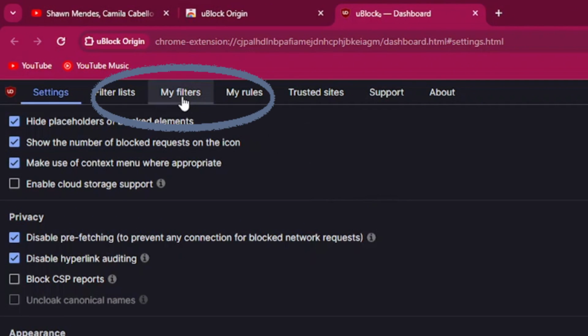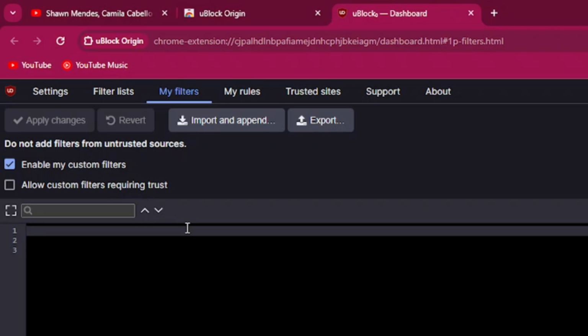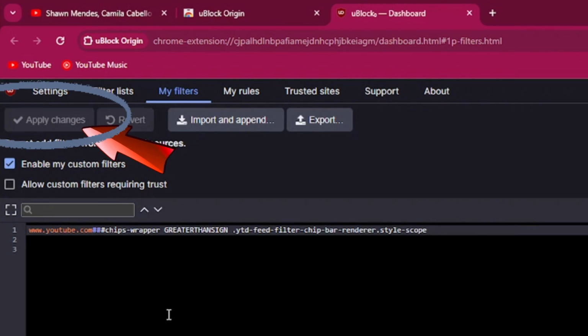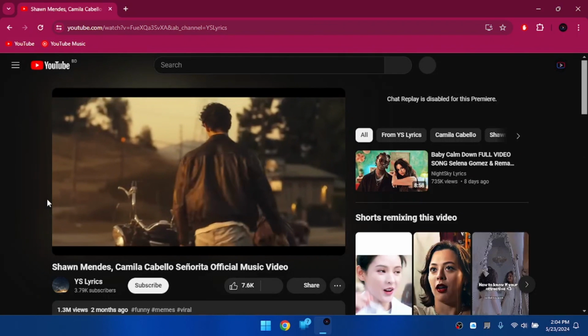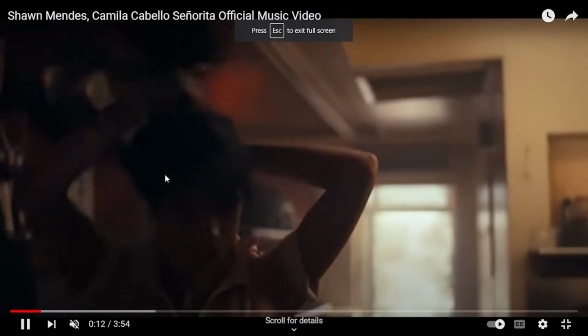Afterwards, we are going to go to My Filters, and then we're going to insert the filter from number 6 on the description. So here we go. And now we're going to click Apply Changes, close this window, and give it a refresh. Now your YouTube will be reverted to the old style and you will have no bars or elements when you